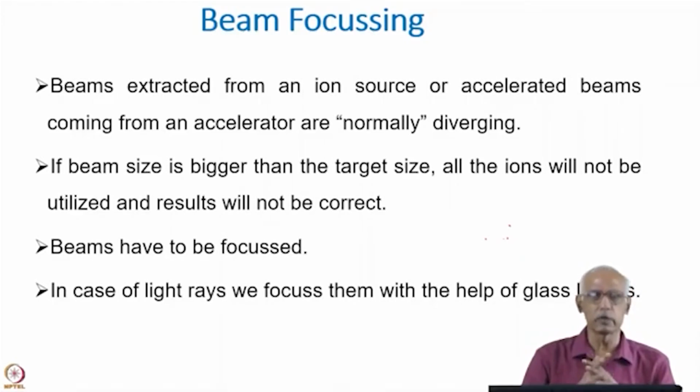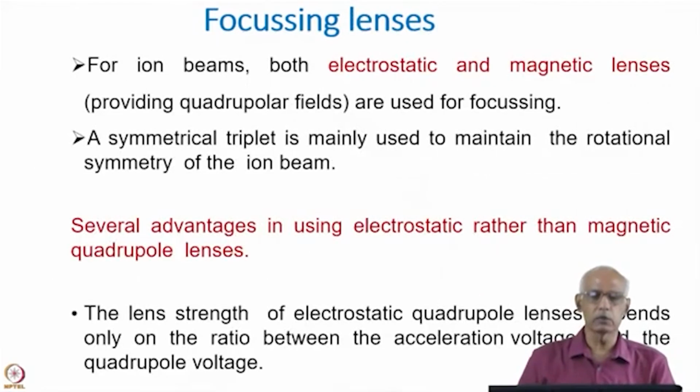Therefore, it is absolutely necessary that before taking the accelerated beam to the target, it has to be properly focused. And it will always be preferred if the beam is parallel when it is going to the target. If it is a parallel beam, then it will be preferred. However, this has been done in the case of, for example, light beams. It is done with glass lenses. And in the case of